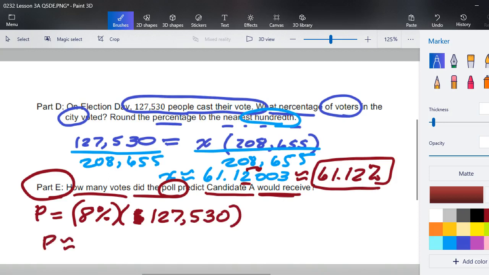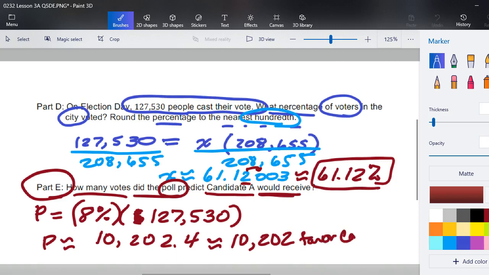So make sure you convert your 8% to a decimal. I'm going to type in 0.08 times 127,530, and I get the number 10,202 and 4/10. But it doesn't tell us what to do, so since these are people we're talking about, let's call it 10,202